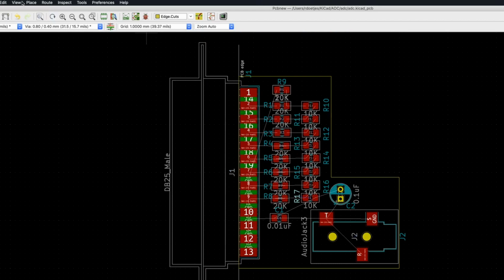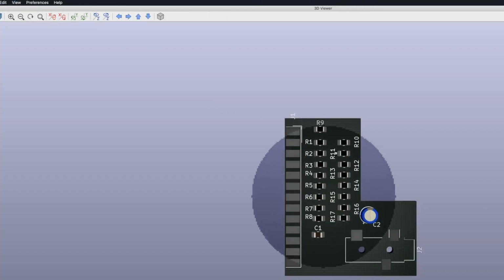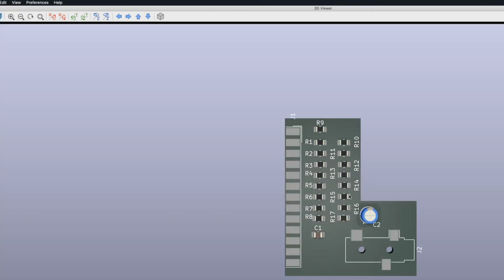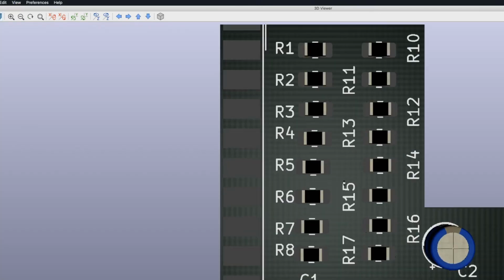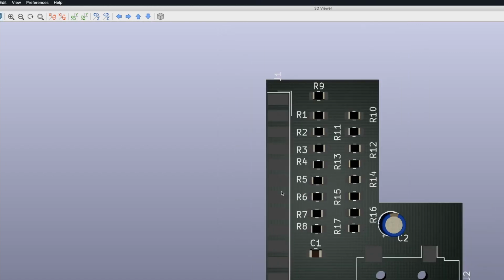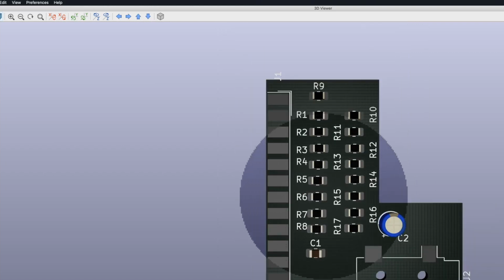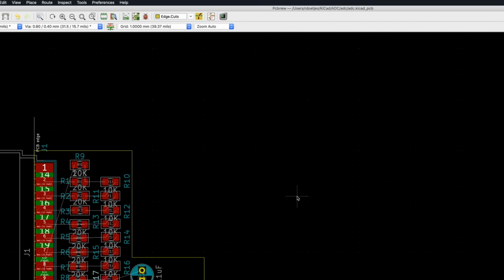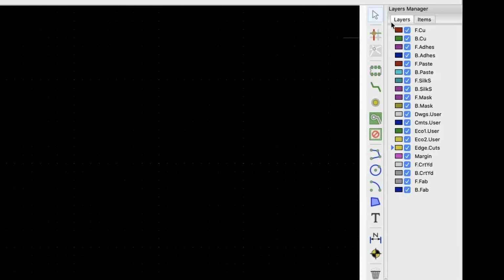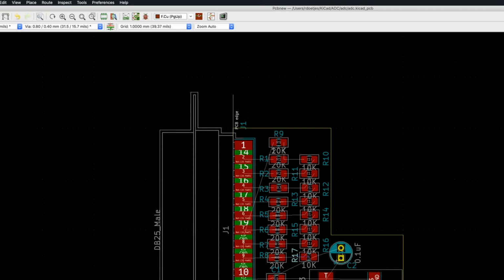Now we should have something nice, view 3D, that we can actually read. Yes. That is proper, that is nice. Yeah. Okay, let's wire this up. This is going to be very quick because it's a simple schematic. Let's select the layer that we want. We have the copper layer and the background copper layer. So let's start with the 4